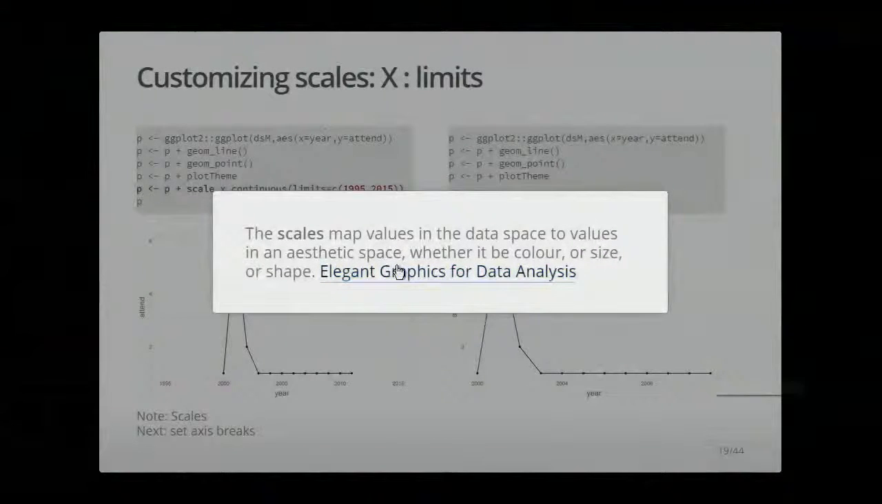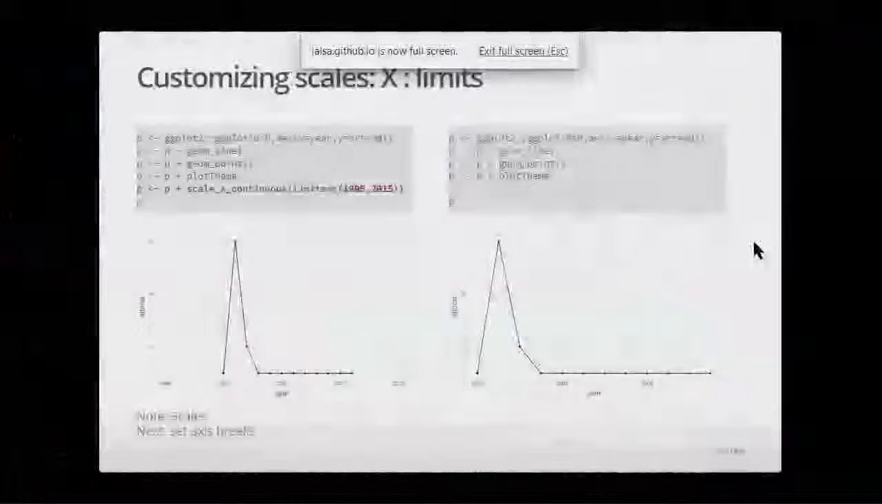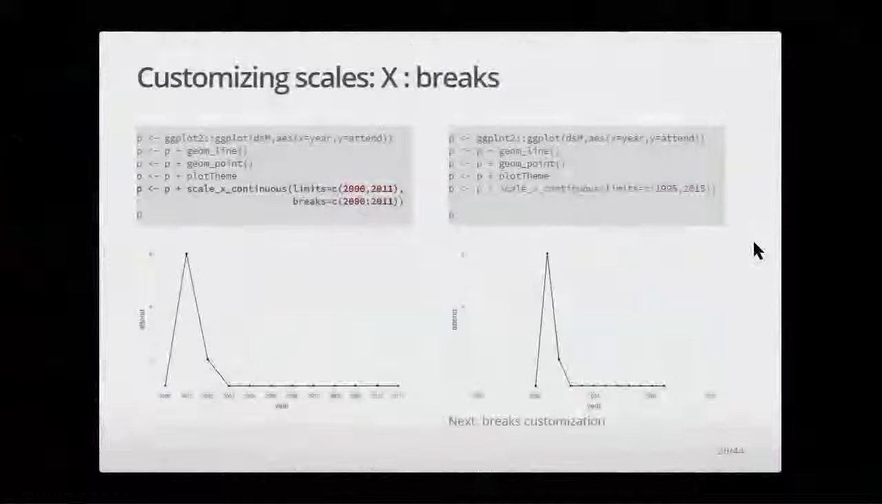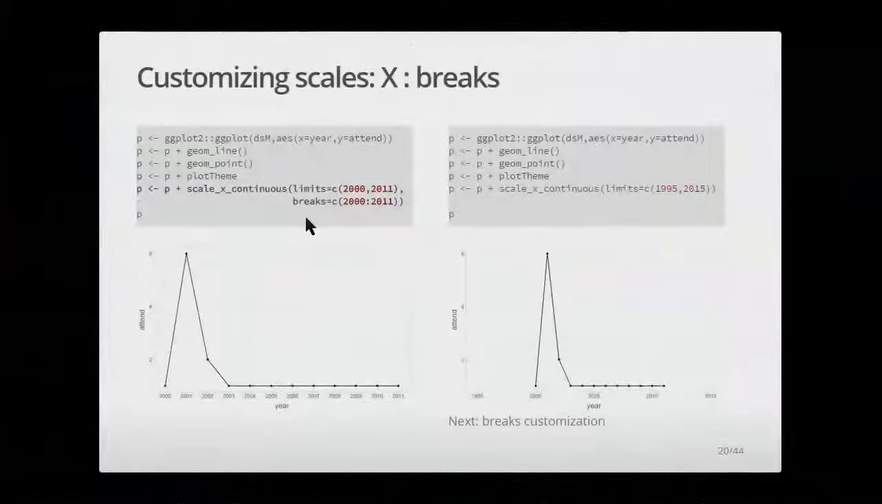Scales, and again, this is a definition from the ggplot book: the scales map values in the data space to values in an aesthetic space, right? Those aesthetic mapping functions, whether it be color or size or shape, right? So X is one of the aesthetic spaces. Next, another argument in this scale_x_continuous is called breaks, which identifies the tick marks where the